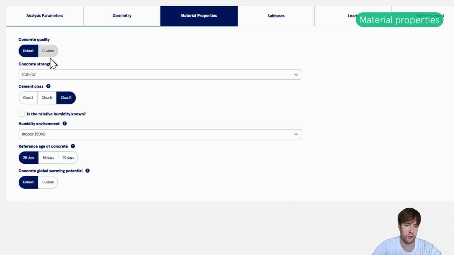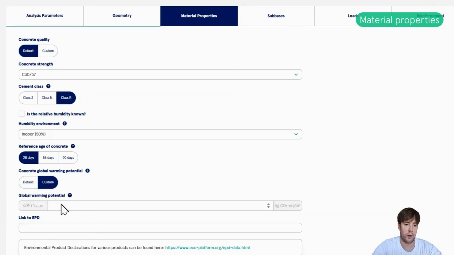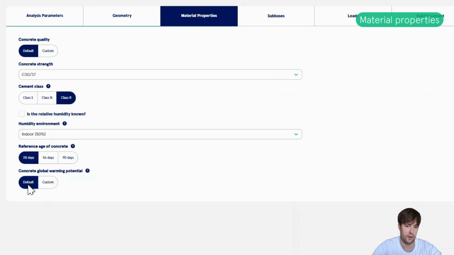But similar to the custom concrete qualities, you can also write your own GWP value based on a specific EPD, environmental product declaration, and write the link to that specific EPD.